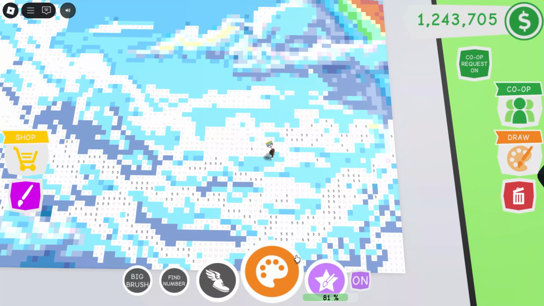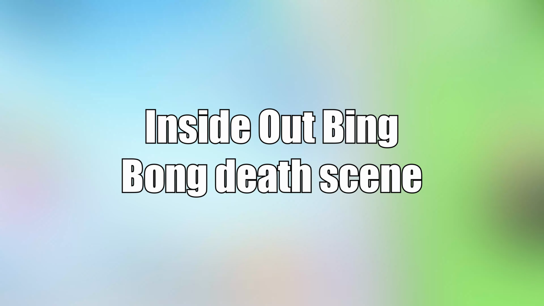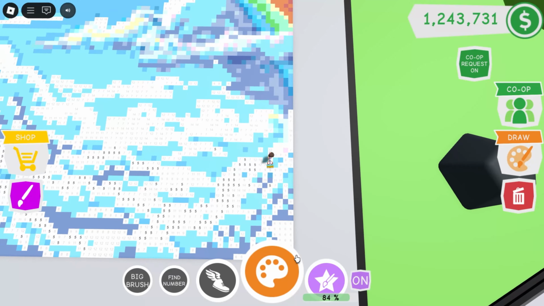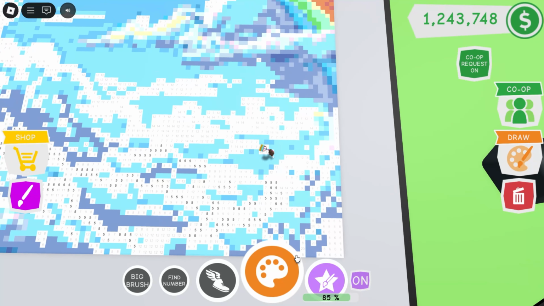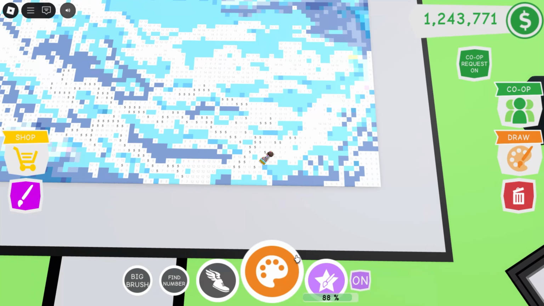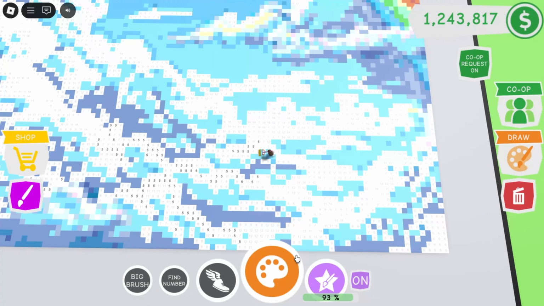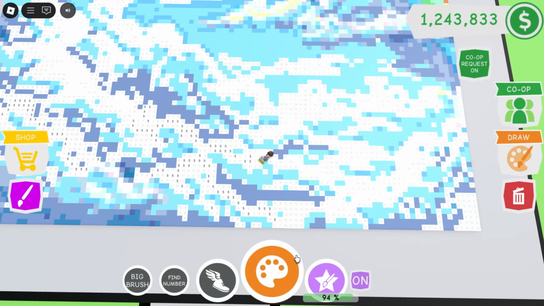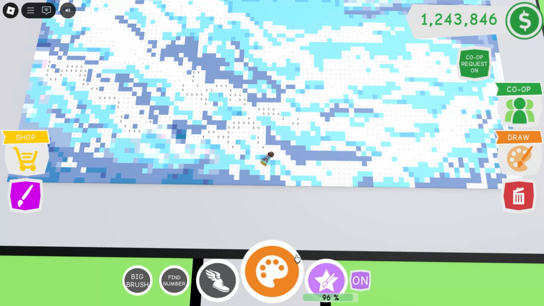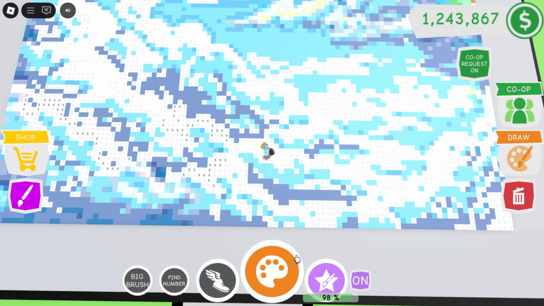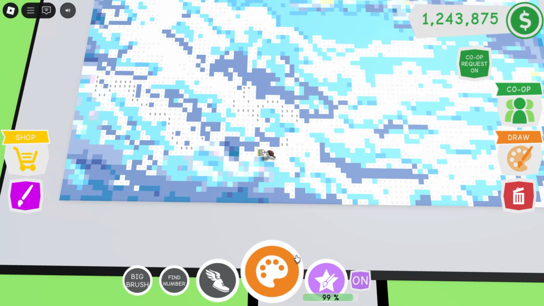Status: partially found. Inside Out, the Bing Bong scene. I'll explain to those who only watched the second part of Inside Out. Bing Bong was Riley's imaginary friend, with whom she played in the yard or house in Alaska before they moved to California. Now let's move on to the plot.